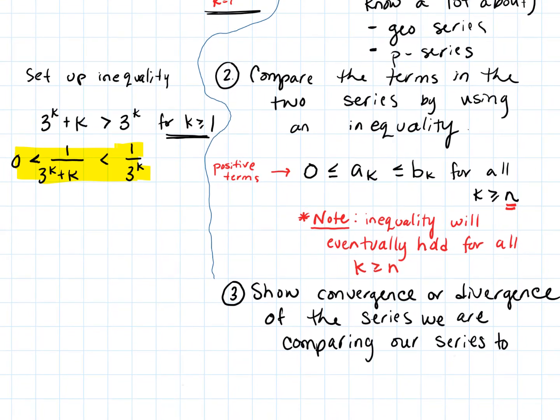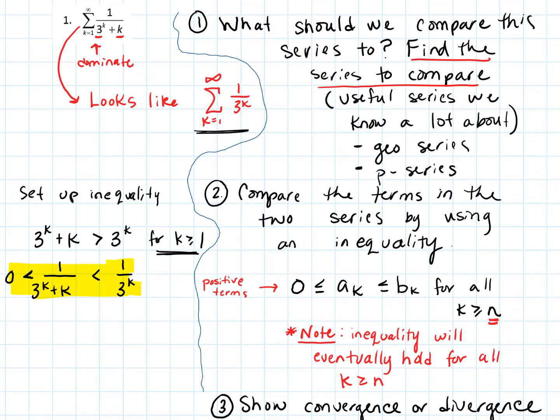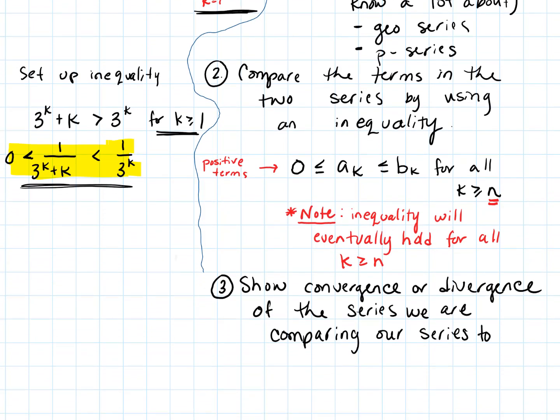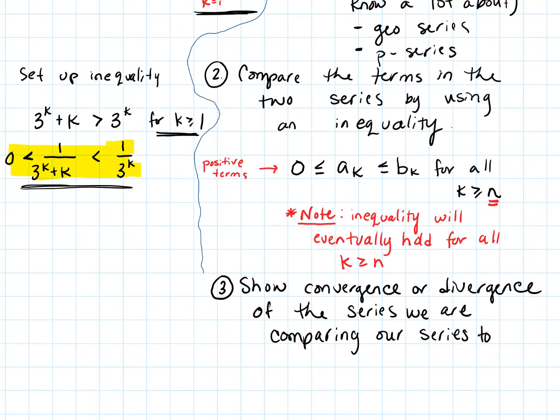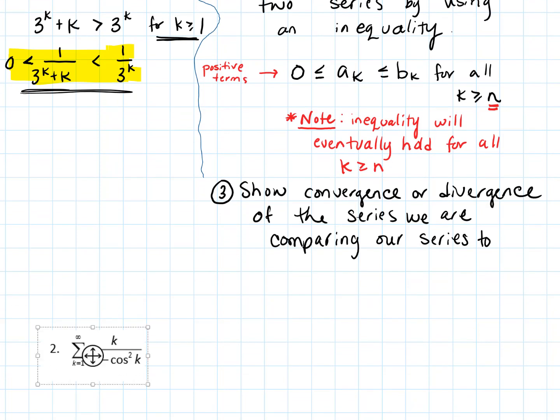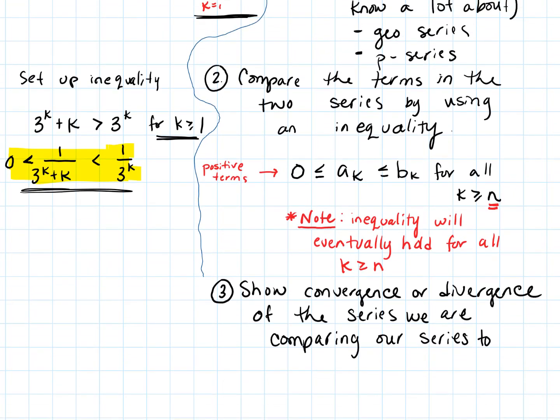So now that we've got this set up, we know what we wanted to compare it to, we've set up the inequality, now we need to show that we either have convergence or divergence. So what we're going to do here is, sorry about that, my next example is popping in there. Let's push that down just a little bit further. Now what we're going to do is we're going to say, well, would this